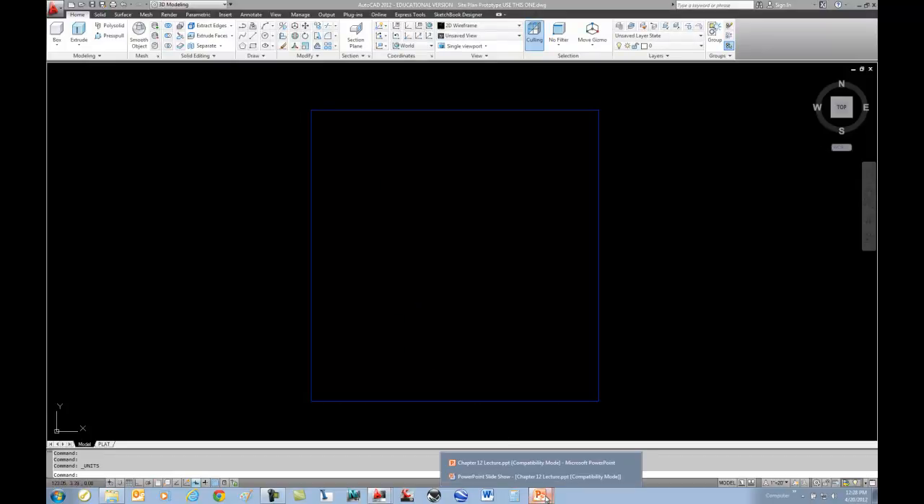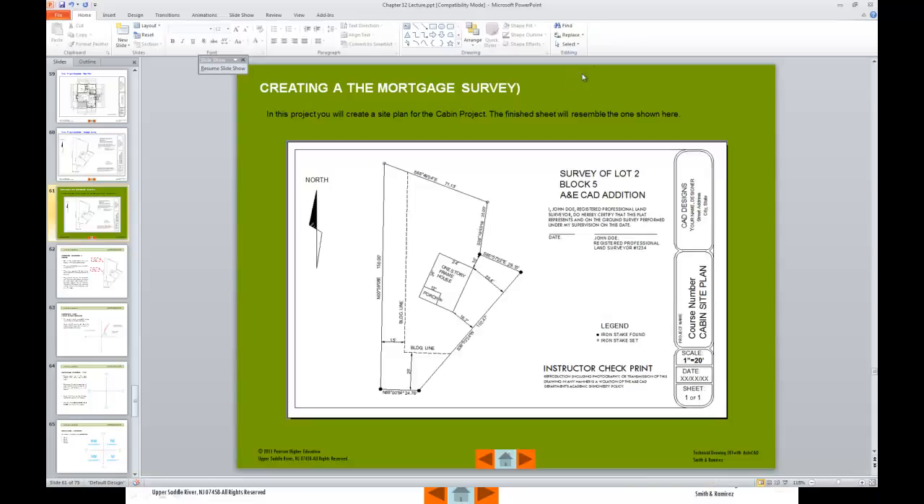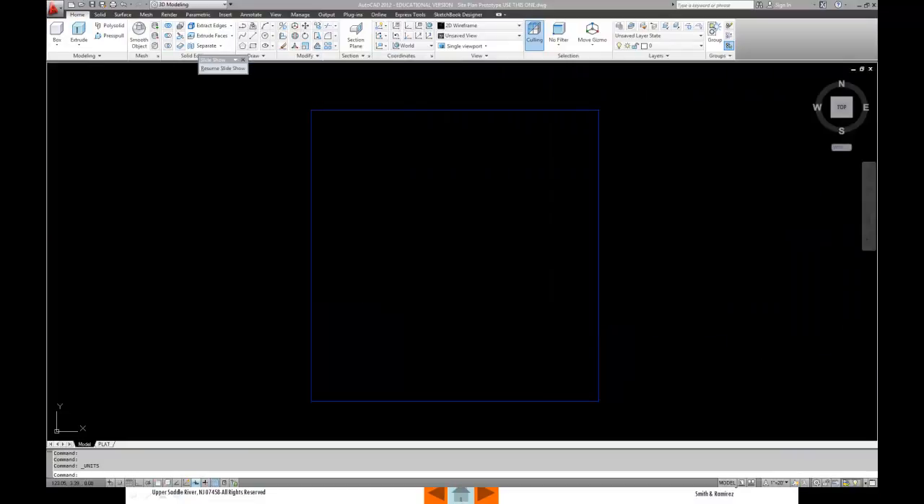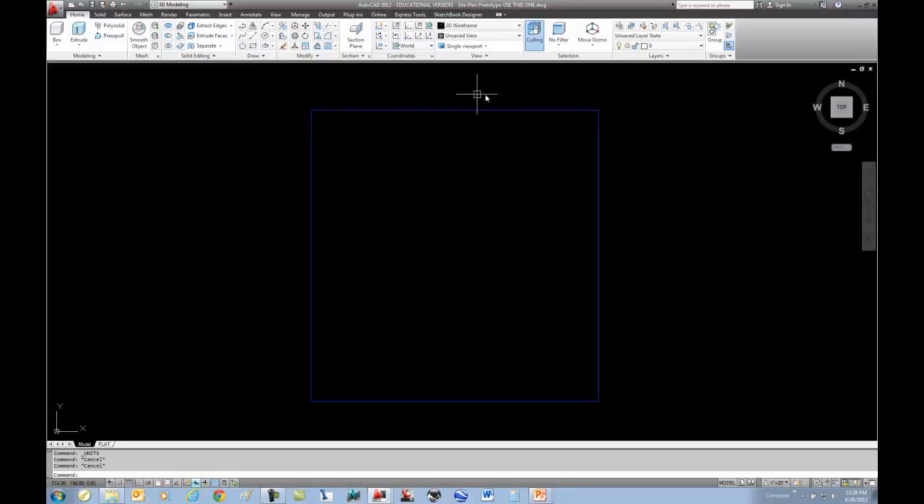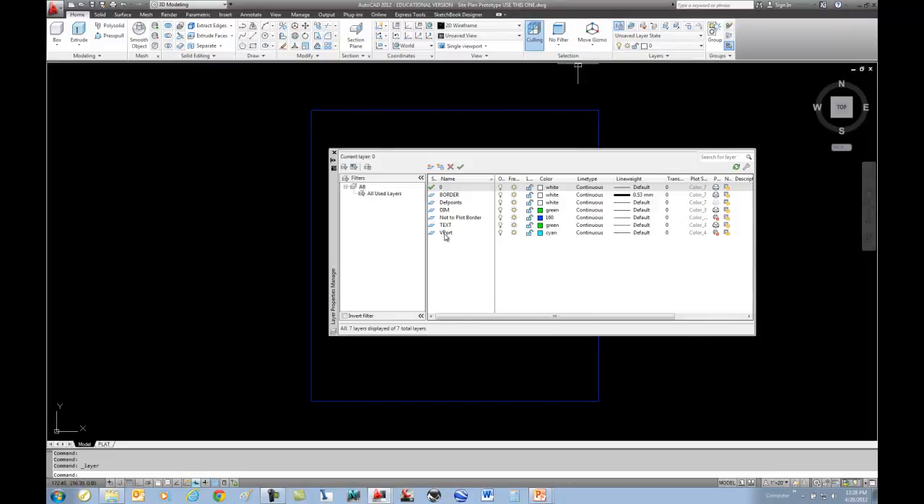So let me bring up my cheat sheet. Let me pull this over to the side on my other monitor so that I can look and see what the values are that you should be typing in. Now, in the layer manager, I'm going to go ahead and set up a layer for the property line. I'm not going to set up all the layers as you will, but since I'm going to draw the property line first, that's the layer that I'll create. And this is going to be a magenta